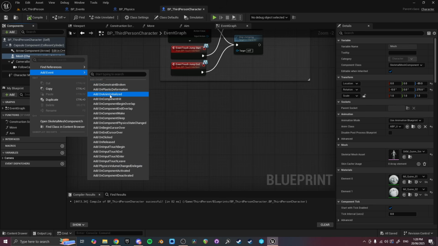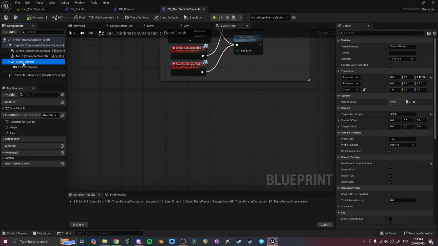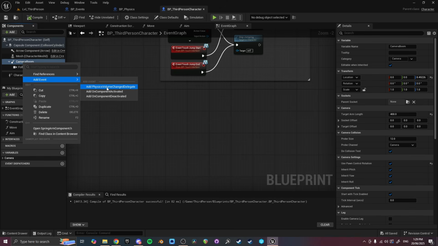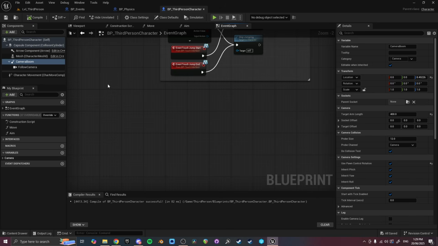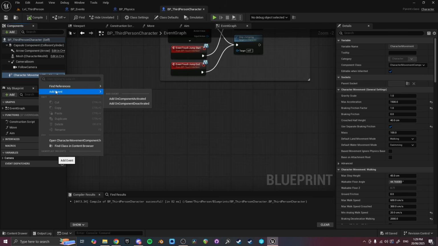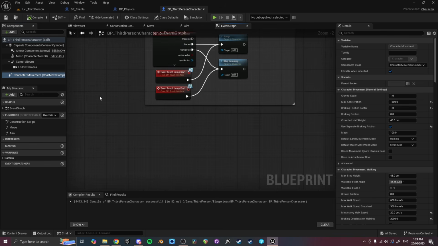Plastic deformation sounds interesting. On initialize, that kind of sounds interesting. Like maybe that runs when a new animation starts or something. Who knows? What have we got for the camera boom? Something about physics volume changes. You could look into that if you're interested. Again, same there. What about for the character movement? So nothing there. But